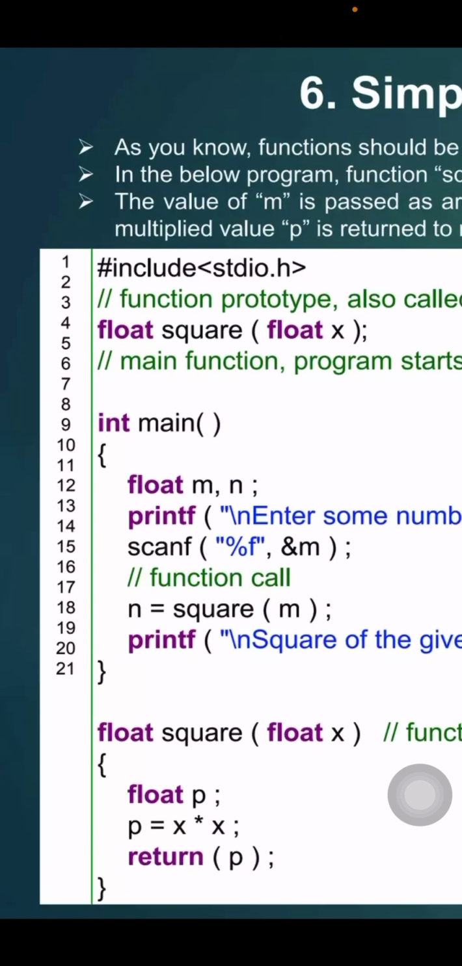by multiplying x into x, and the result will be assigned to p. The statement p is equal to x into x will calculate the square and the result will be stored in p. In this statement we are using two operators: the assignment operator, that is equal, and multiply, which performs the multiplication of x into x. First the multiplication will be performed and then the result will be assigned to variable p. And the last statement, return p, returns the value of p to the main function,